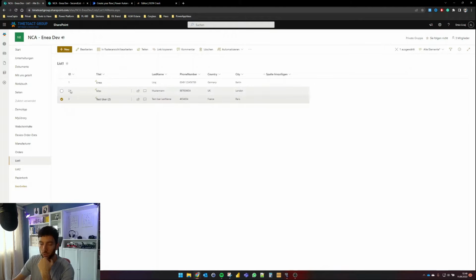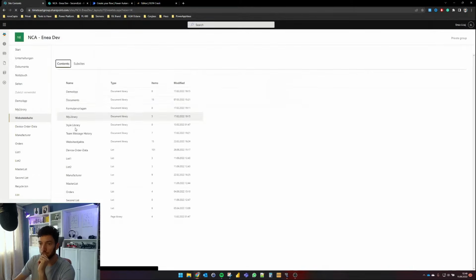We have the ID which is automatically created. I want to save this ID in the second list so that I know that this item is the same as the other one. Because if I use there the default ID column, those ID numbers can be different, so I cannot rely on that. That's why I'm grabbing the ID from the master list, from list number 1 in this case, and saving it in the second list as my